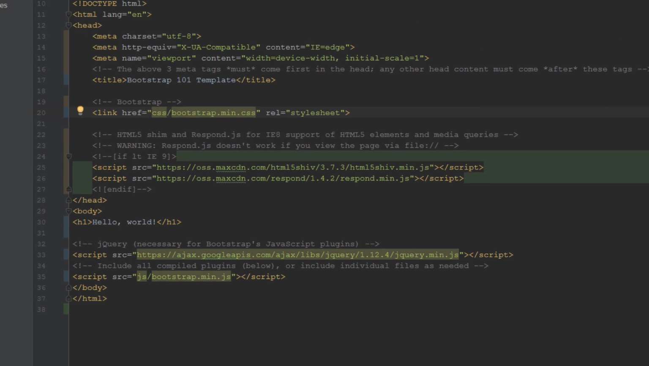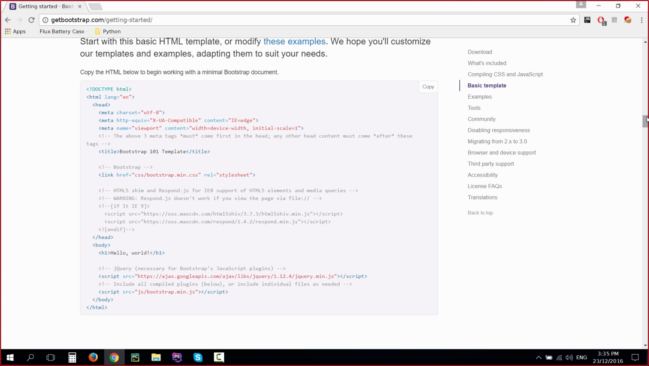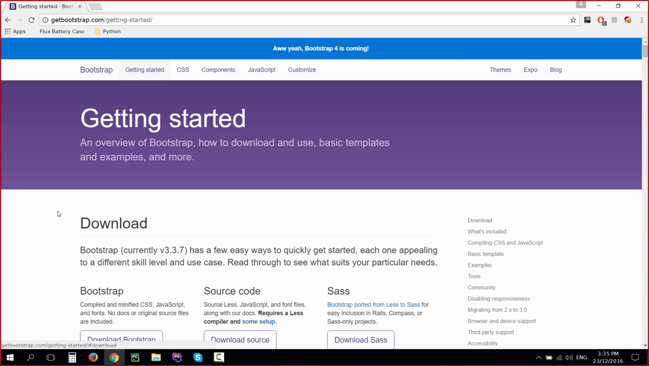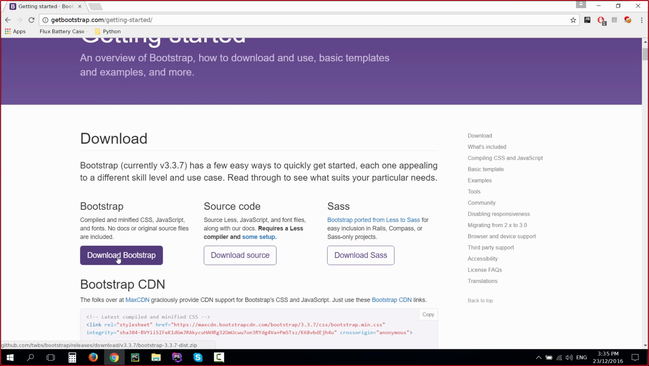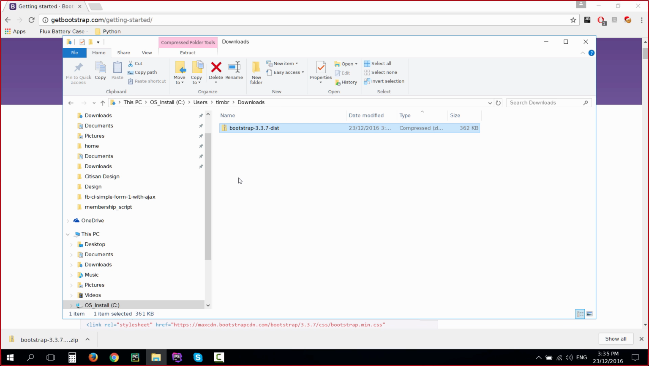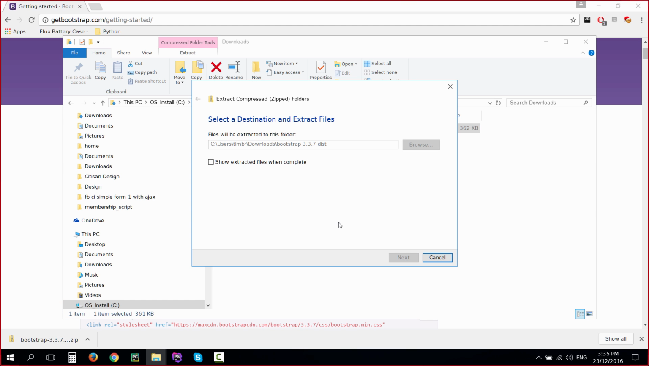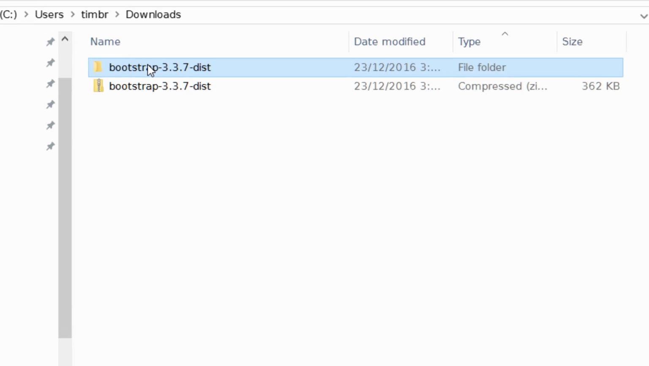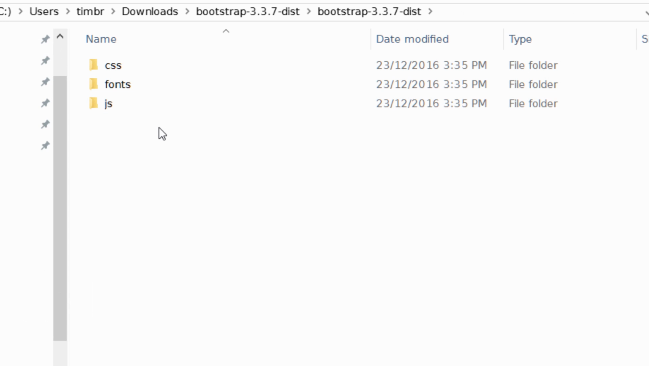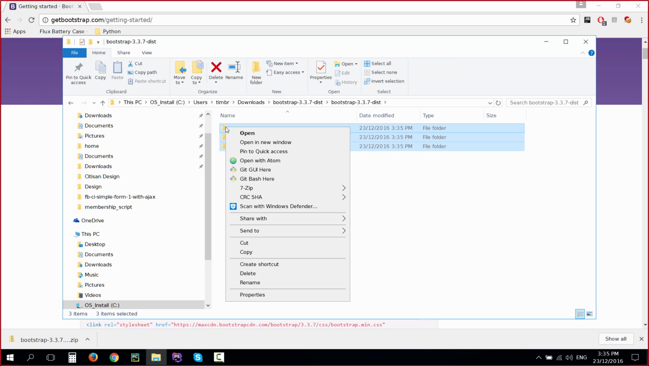So what we need to do now is go back to the Bootstrap site and download our files. We'll scroll up here, still on the Getting Started page, click on the Download Bootstrap button, and it's downloading. It's not very big, and it has landed. So we'll go to the folder, extract this, and go into the folder, and here we have three folders. We have the CSS, the fonts, and the JS, which is the JavaScript folder. So we want to grab those, so I'm just going to select them and copy them,